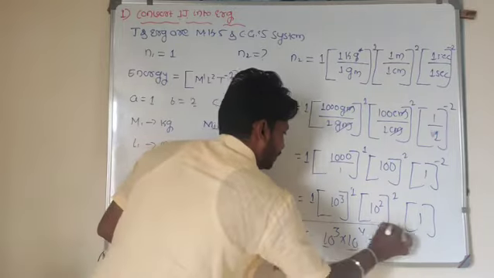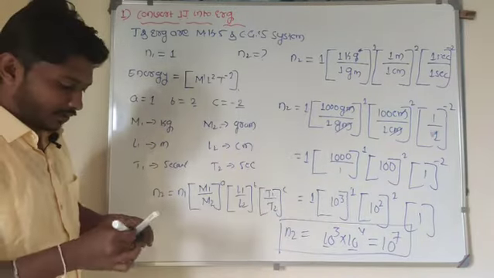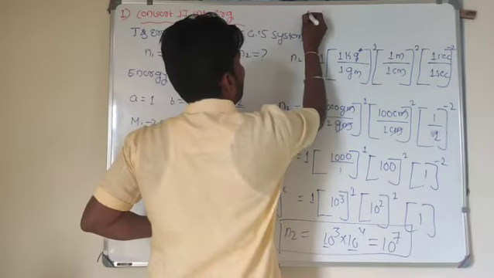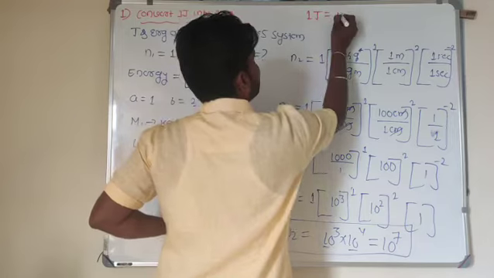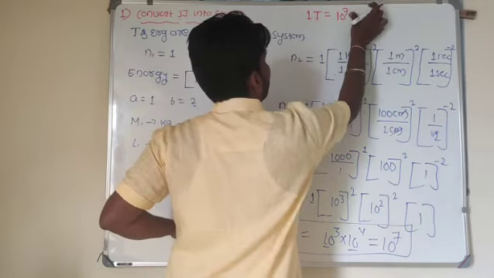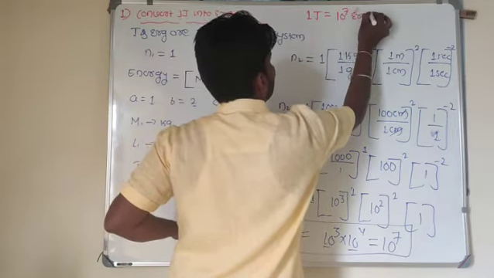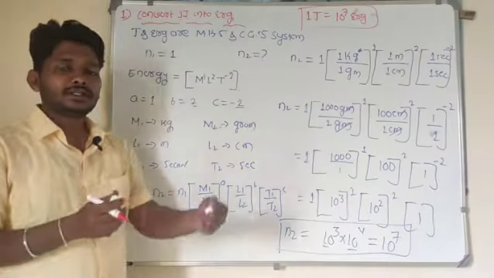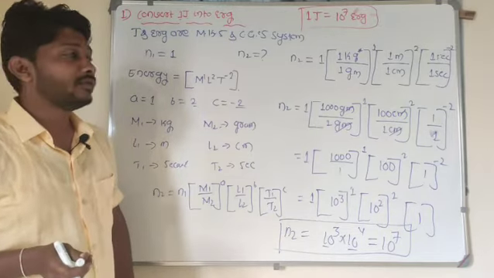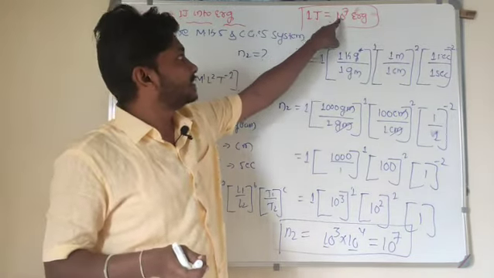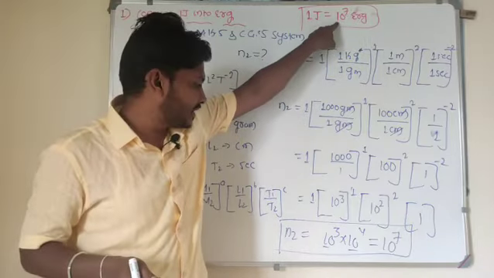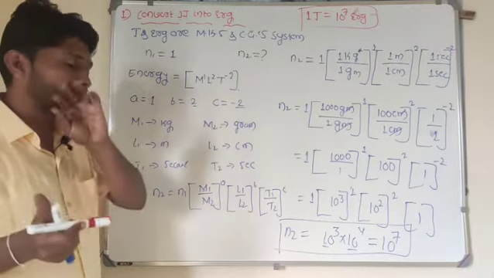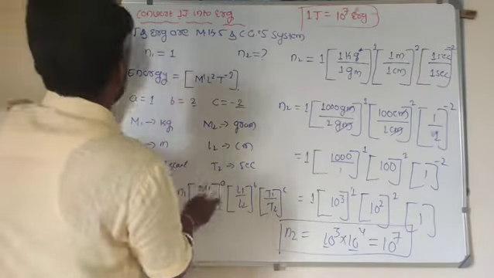What's that N2 value here? N2 value is 10 to the power of 7. So then I got one conclusion here. 1 joule is equal to how many ergs? 1 joule is equal to 10 to the power of 7 ergs. So this is about converting one system of unit into another system. N1 U1 is equal to N2 U2 here. What's the N2 value I get here? That is 10 to the power of 7. So hope you understand these things. We'll look at another example, hope it will be more clear.